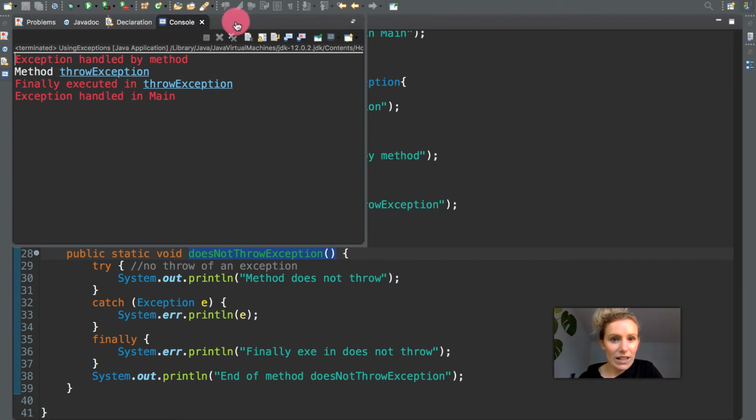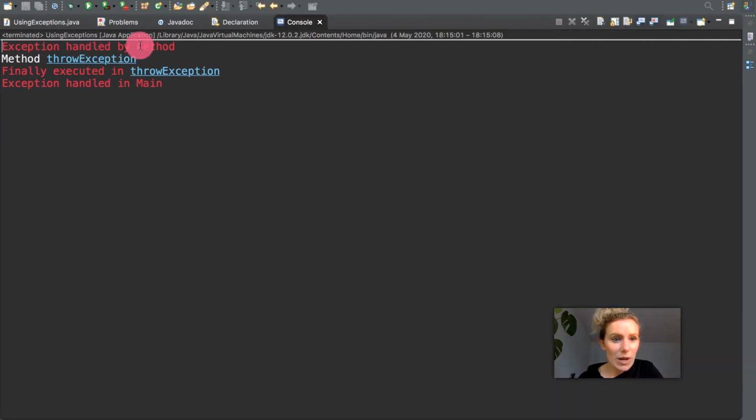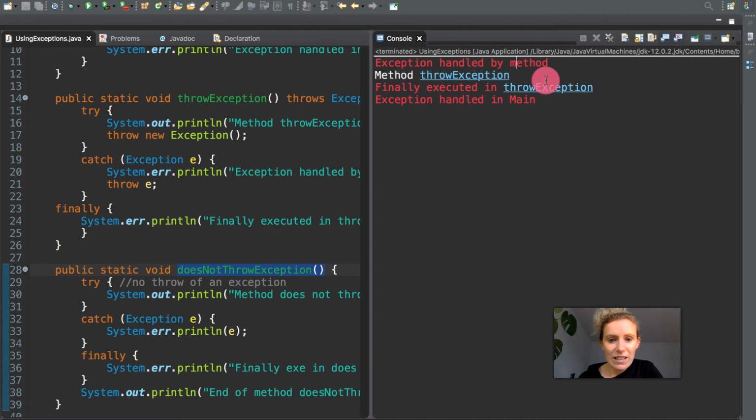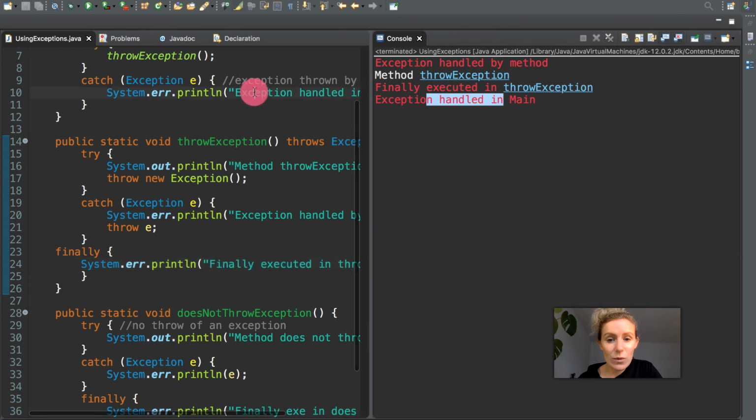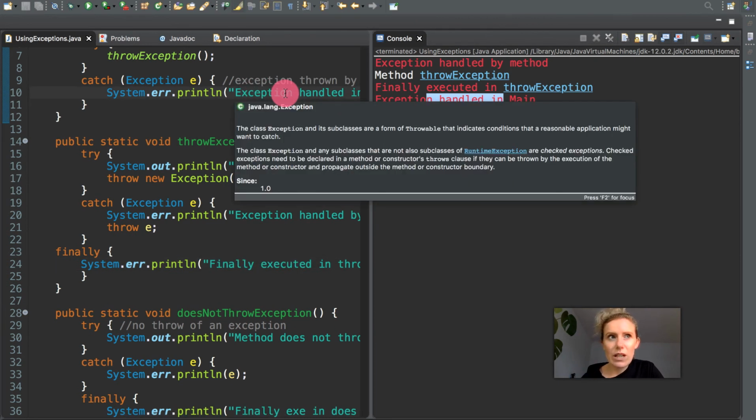So we have our exception handled by method. Let's bring this down over here. Method throwException. So we have our method throwException here. And then finally executed in throwException, which is here. And then exception handled in main, which is up here. So it's also important to know the program control, where it's coming from along the way, but also with the re-throwing exceptions, we have